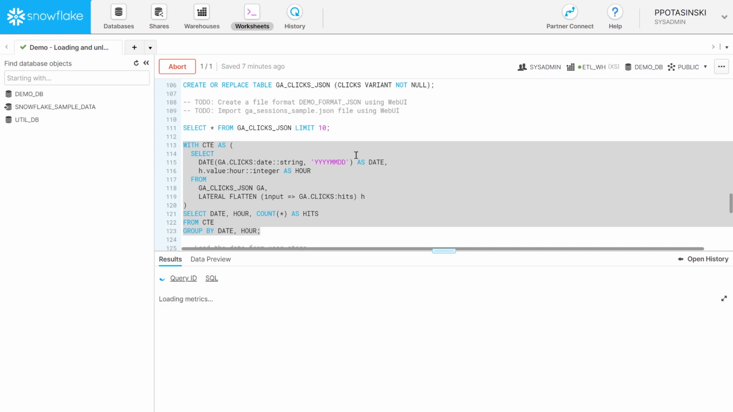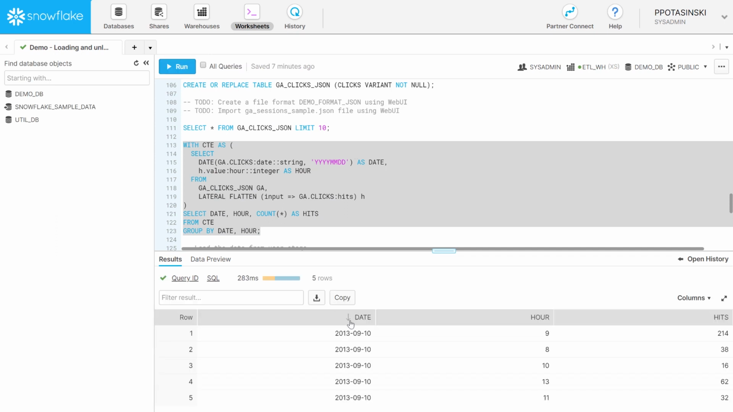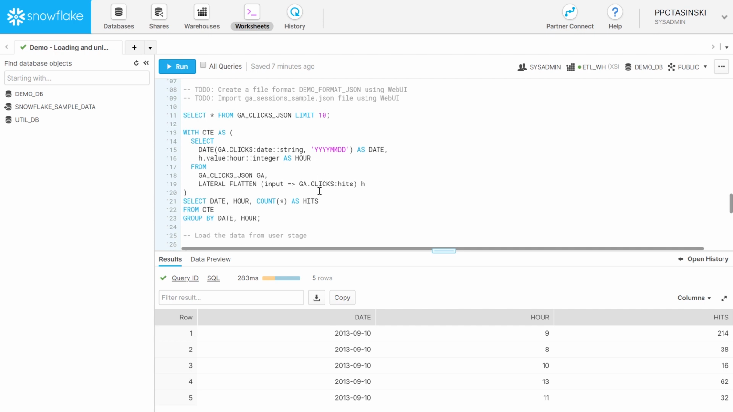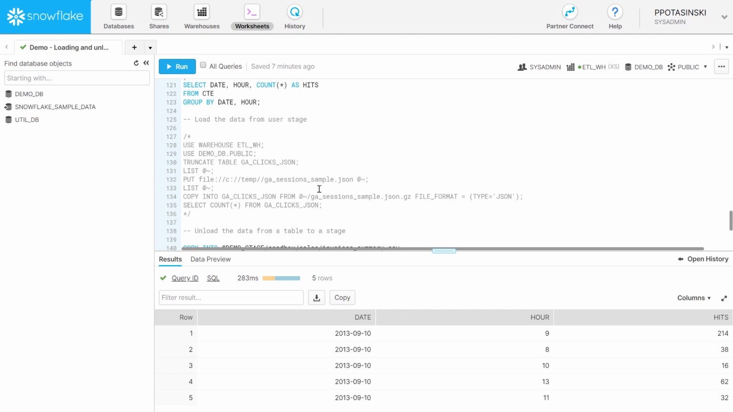So I can unpack the hits. So I could see that there were this number of hits per hour, per day. So this analytics can be easily done using semi-structured data in Snowflake. Now the last part of loading, I will show you how to load the data on your own from your computer using your